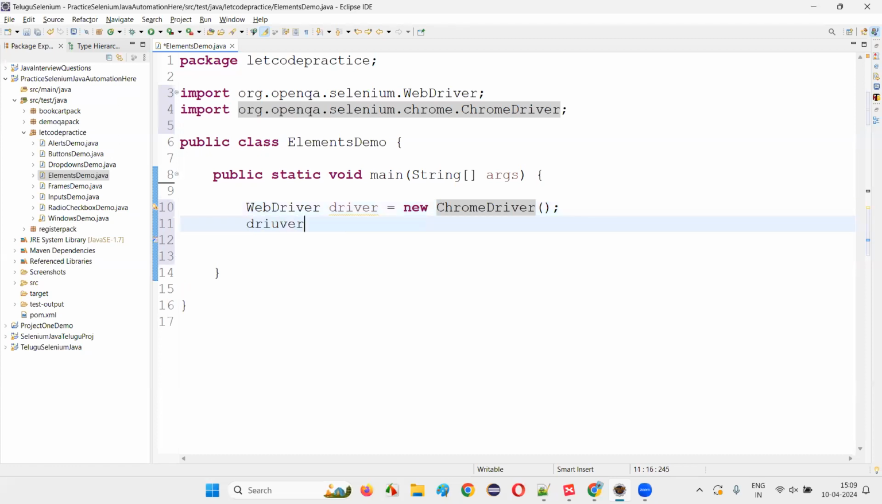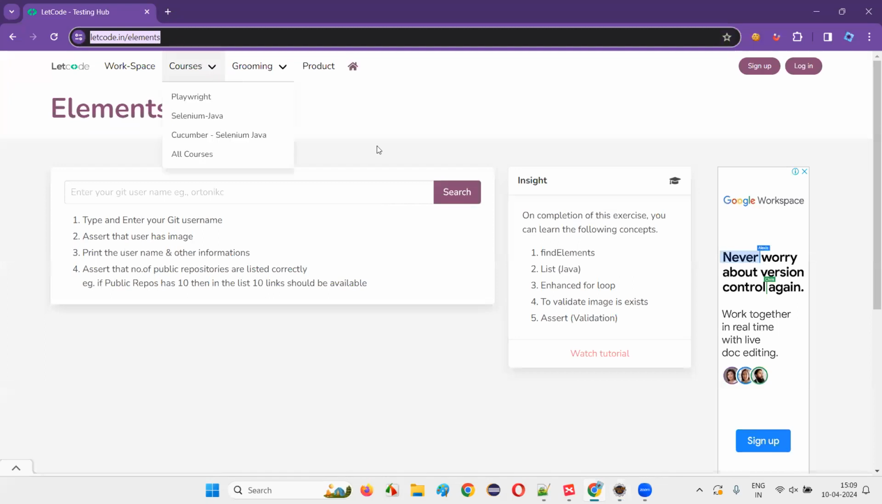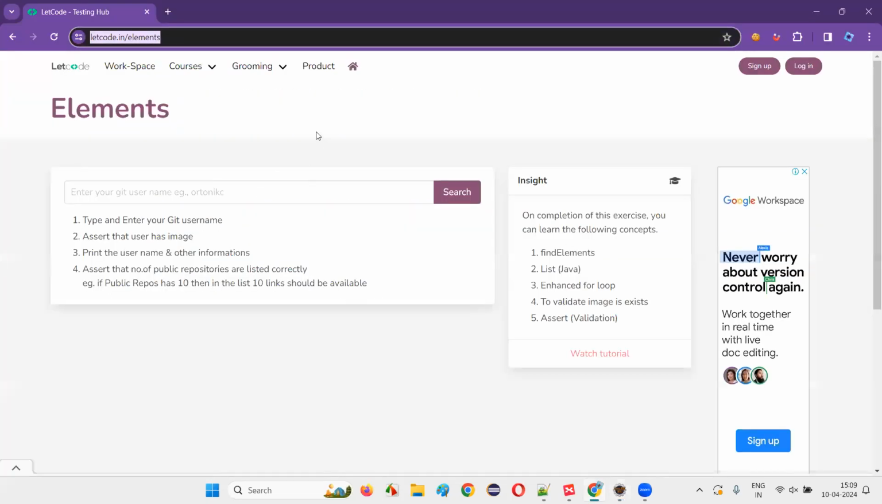After that, I have to maximize the browser window. driver.manage().window().maximize(). Then we have to say driver.get. Okay, driver.get. Copy this URL and paste it here. Once you open the application URL, the next thing that we have to do is enter